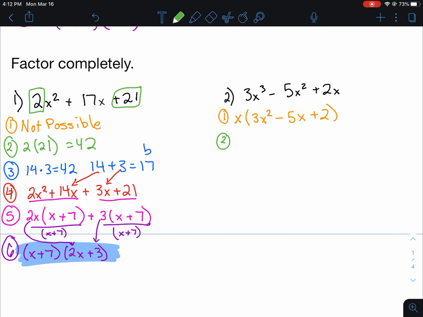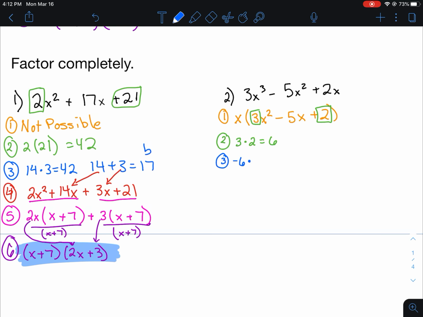So now what we're going to do is, since we do have something in front of our x squared, we're going to multiply a times c, which ends up giving us 6. So 3 times 2 is 6. Now I move on to my next step of factoring. What factors of 6 add up to negative 5? Well, I know that negative 6 times 1,